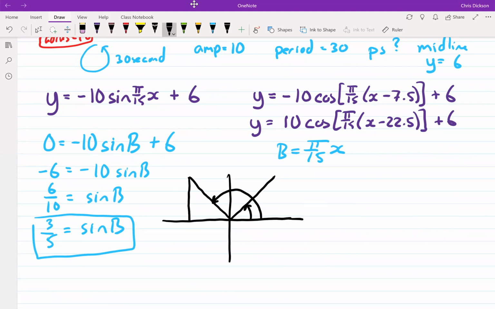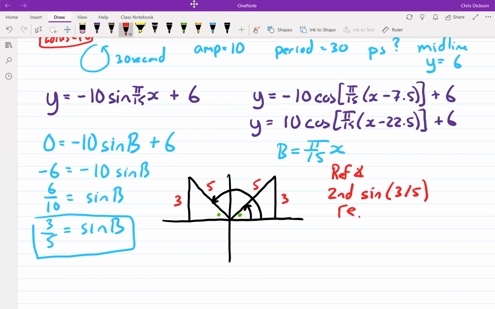If I create my reference triangles, what I'm going to try to find is the reference angle for both of these, which should be the same number. So I know that the y value here is 3, and this is 3, and that's 5, and that's 5. So to find the reference angle, I'll go second function sine of 3 divided by 5. This is a bit different than the last question where I had to ignore the negative. This one's not even negative to start with. So second function sine bracket 3 divided by 5, and that gives me a reference angle of